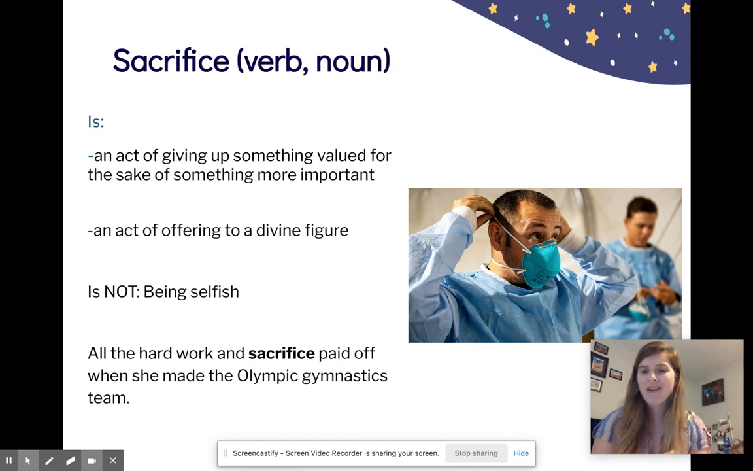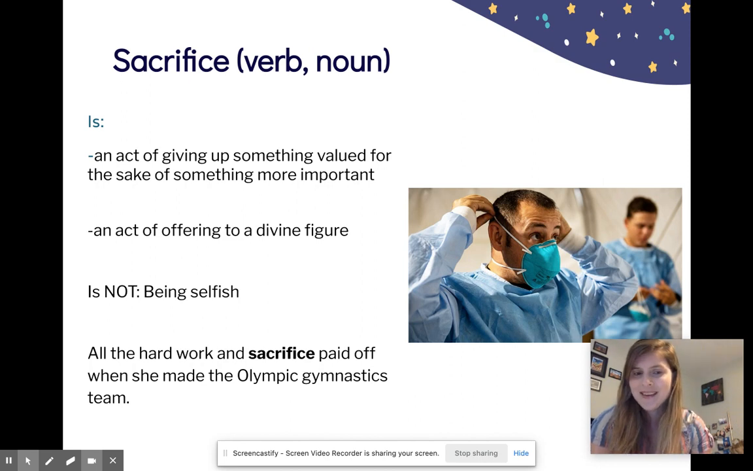So that would be giving up something and giving it to a god or multiple gods in hope that you would be brought good luck. Okay? And again, that's something that we kind of see in older cultures, not something that we really see much today. So, an example sentence would be all the hard work and sacrifice paid off when she made the Olympic